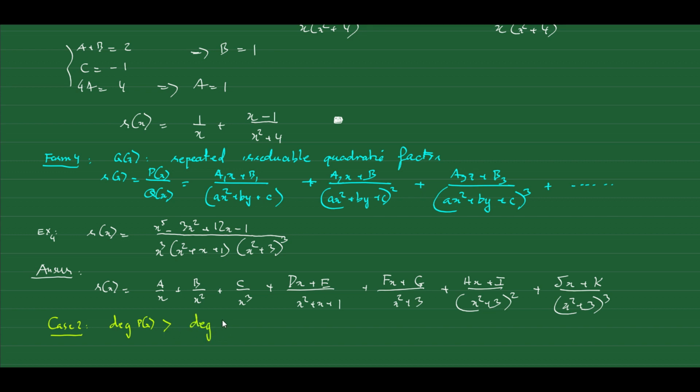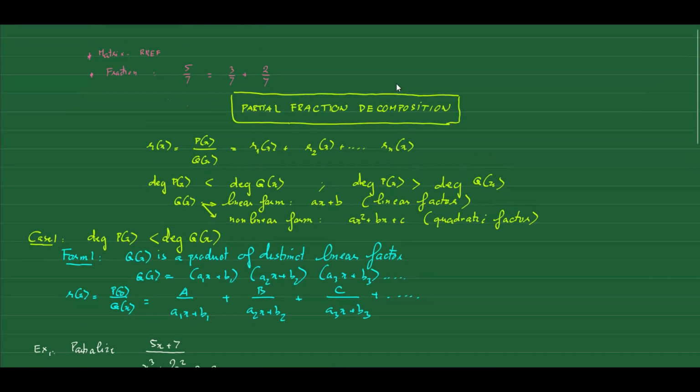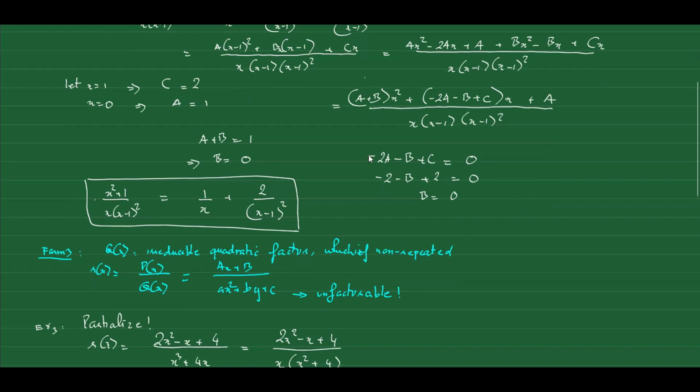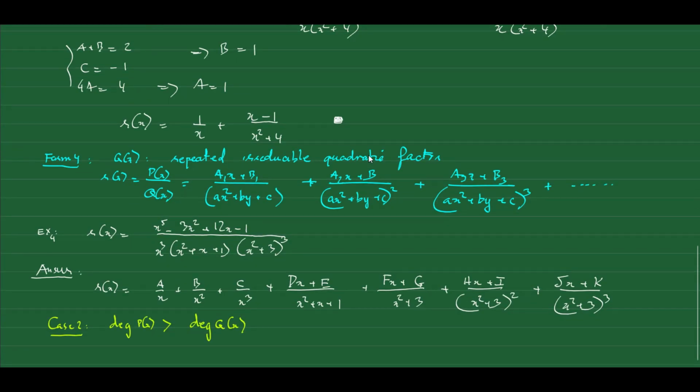So last time it was less than. Now it's greater than. If it is greater than, then you have to use long division. Or you cannot use synthetic, though, because if it is greater than 1 degree, then